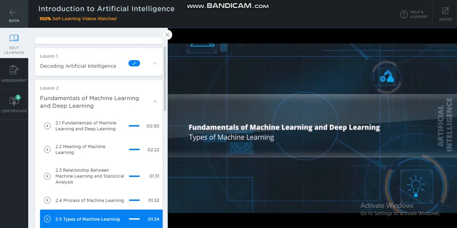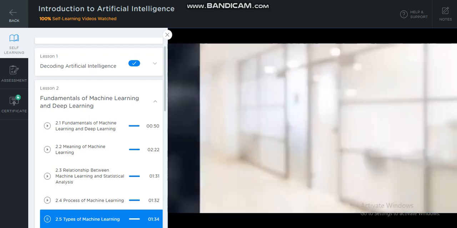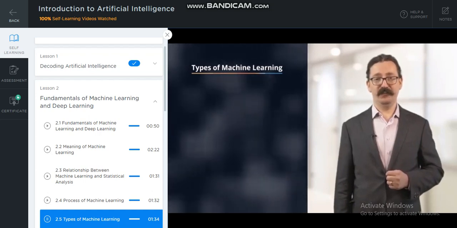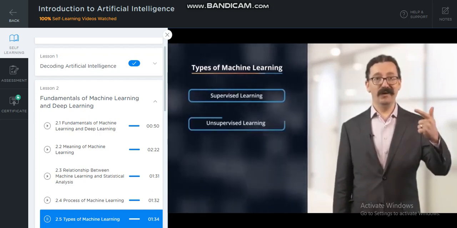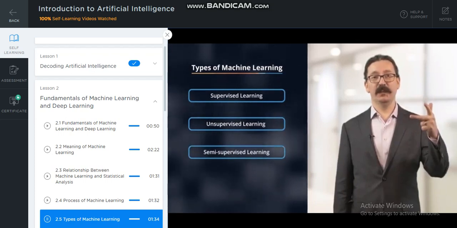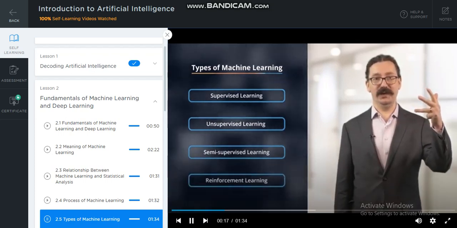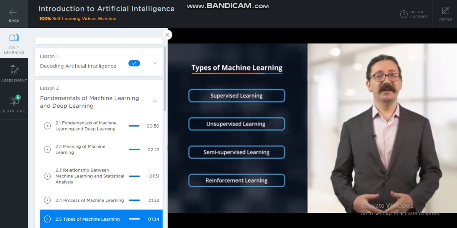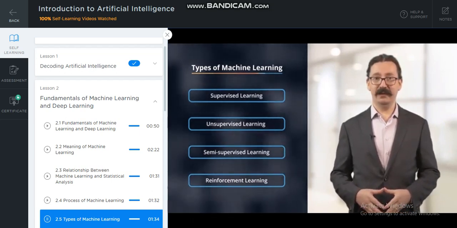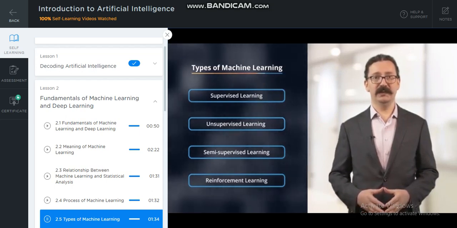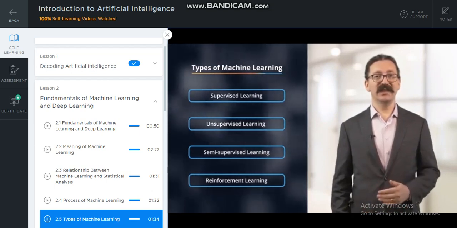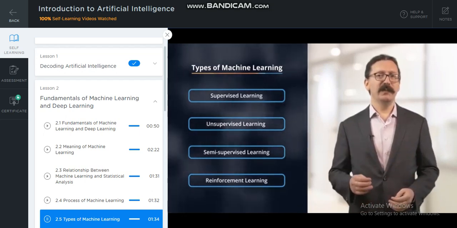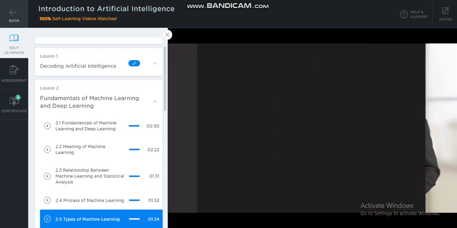Types of machine learning. There are four main types of machine learning: supervised learning, unsupervised learning, semi-supervised learning, and reinforcement learning. The data modeling approach for machine learning is based on the structure and volume of the data at hand, regardless of the use case. Any of these approaches can be chosen after considering all the factors. Let's learn a little bit more about each of these approaches.